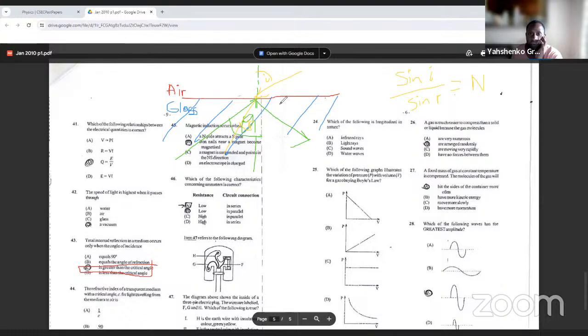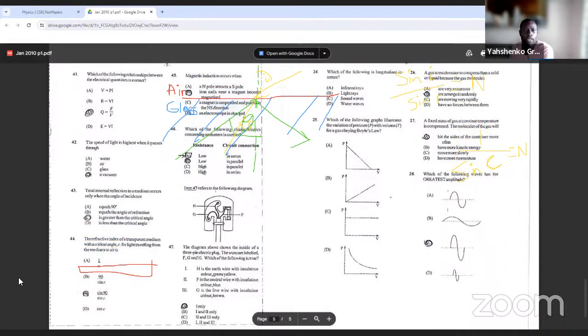Right? Now, if I reaches the place where I is 90, sine of 90 is 1, then what you'll have is 1 over sine R is going to be equal to N. But guess what? R right here is going to reach C here, so 1 over the sine of the critical angle is going to be equal to the refractive index, because at this point the angle of incidence would be at 90 degrees, making sine I 1, right? And if that is the case, the refractive index of a transparent medium with a critical angle C for a light traveling from the medium to air is,